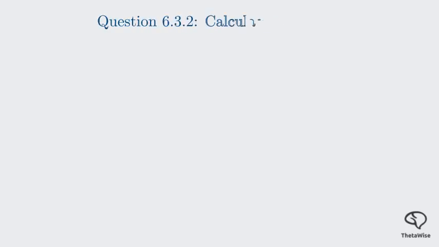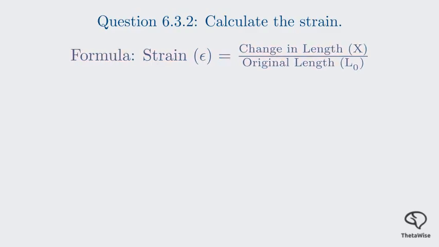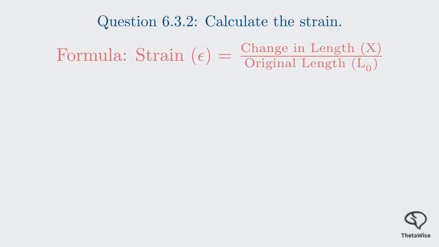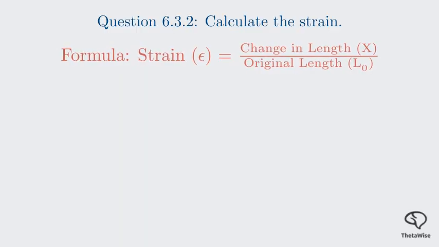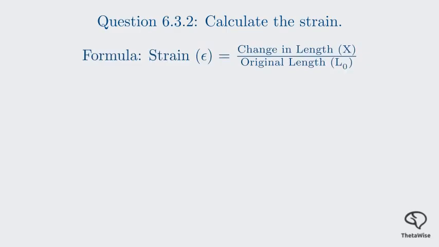We need to calculate the strain. The formula for strain, represented by the Greek letter epsilon, is the change in length x divided by the original length, L naught. Strain is a measure of how much a material deforms under stress relative to its original size. We have both of these values in the correct SI units from our data. Strain equals